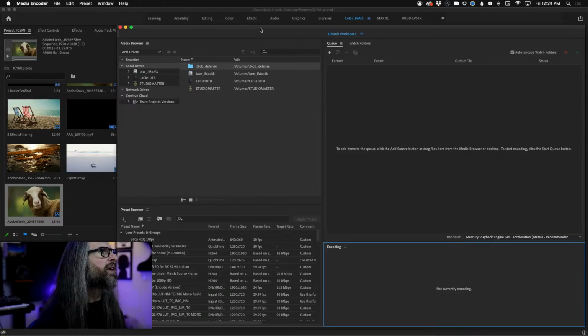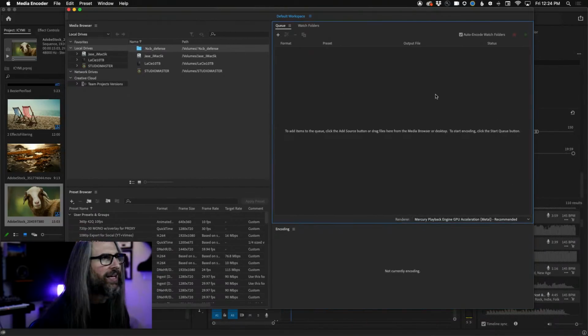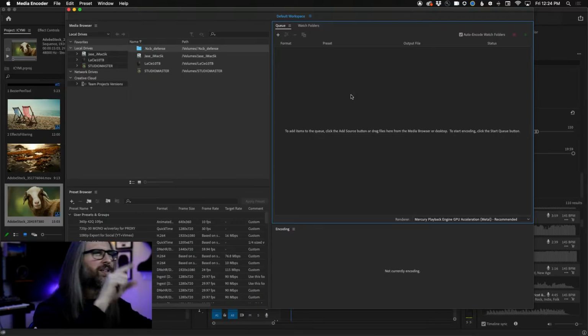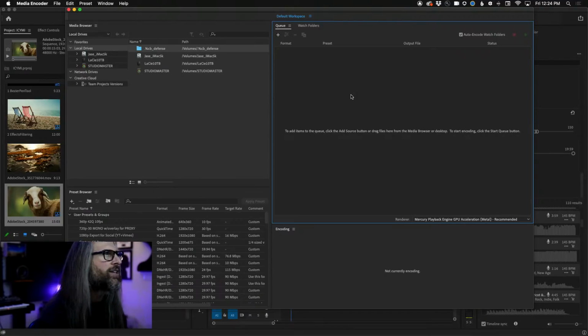It took a minute. Sometimes I'll see this, but I don't see the comp. I'm like, well, where is it? And then it just kind of appears. So it's taking a minute. And that's because I think it's launching the dynamic link server manager. So there's some process that's happening there.